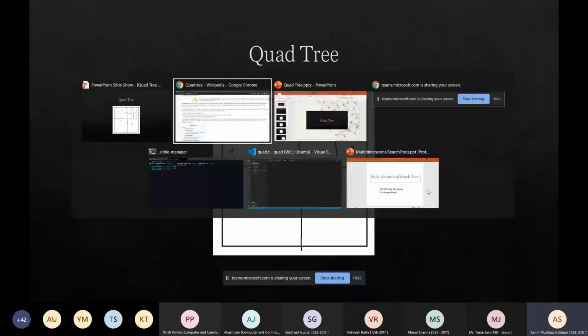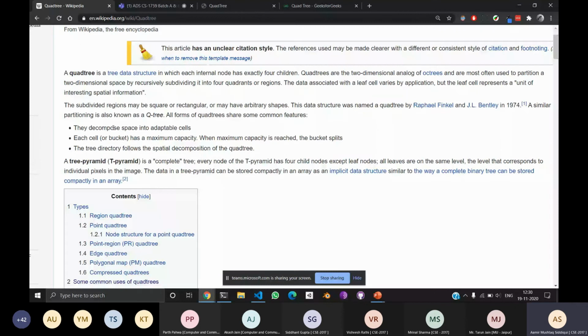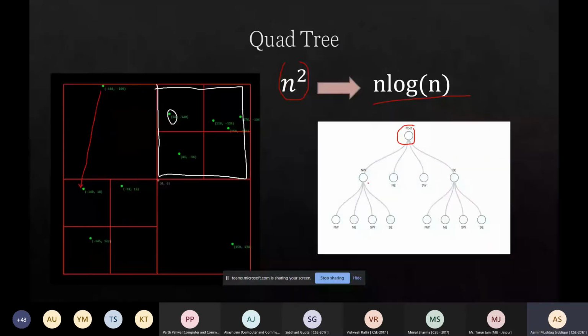We decompose the space into adaptable cells. When each cell reaches its maximum capacity, the bucket splits. And the tree directory, like I showed you in the previous slide, stores the information of its children. Right. So these are the 3 basic points of Quadtree. Now that we know the 3 basic points of Quadtree,